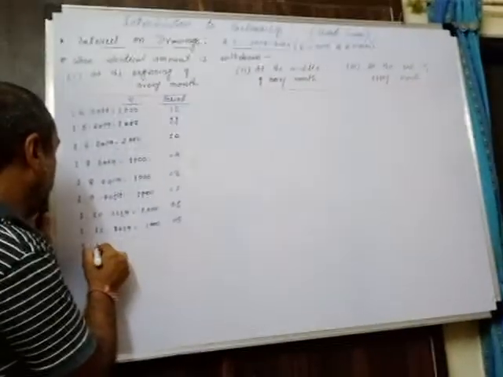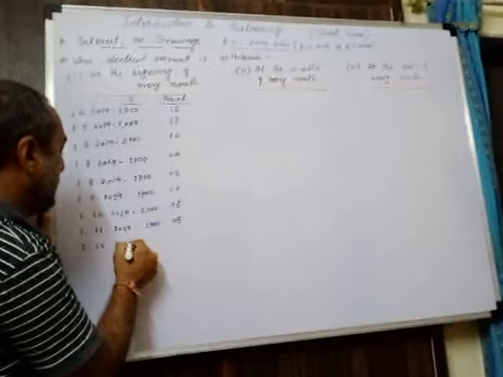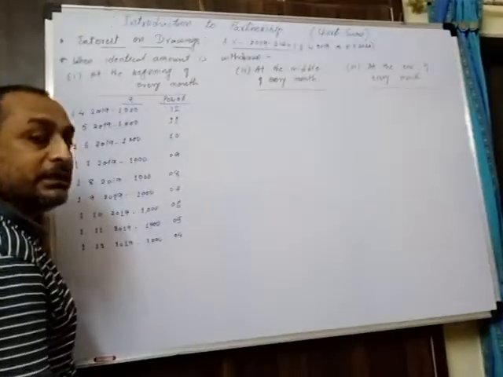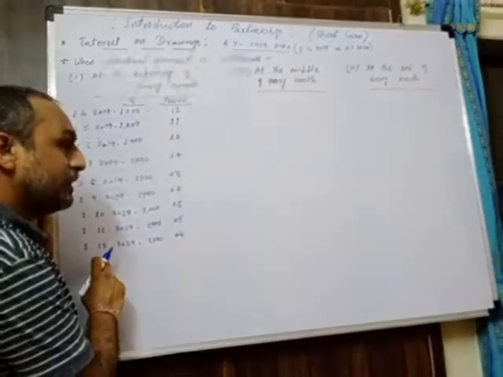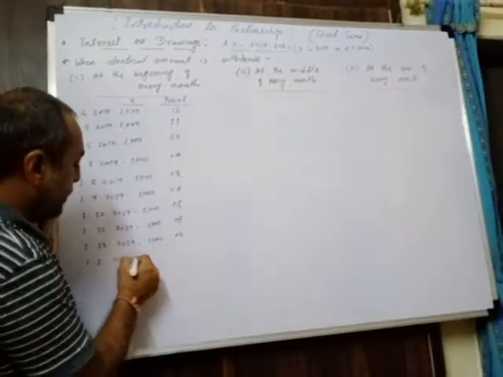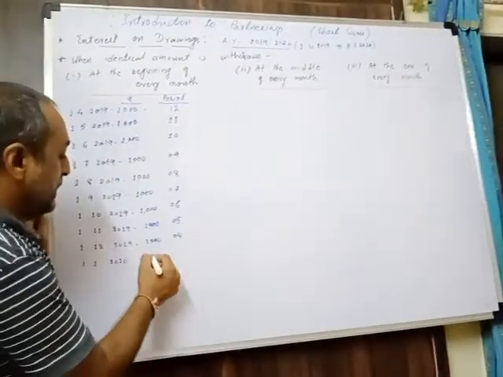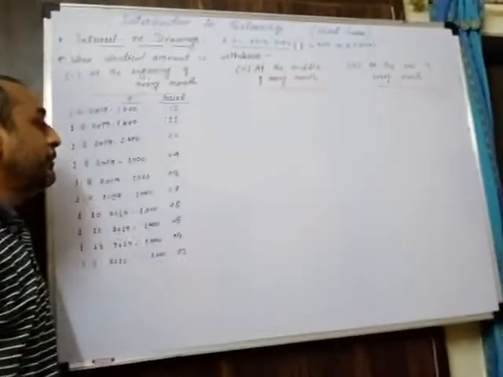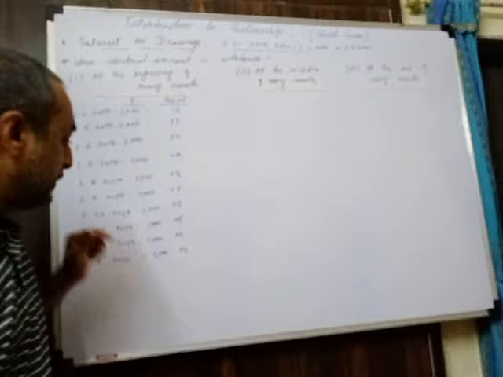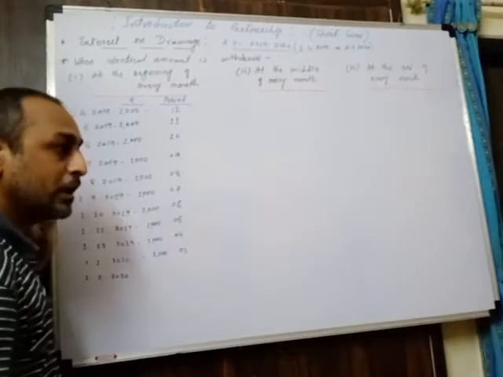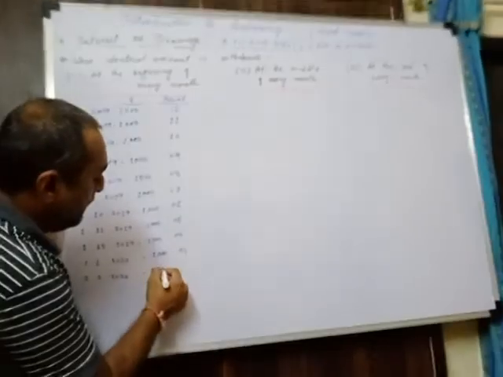Then the next drawings will be 1/12/2019, also for 1000, on which interest will be charged for a 4 months period, 1/12 to 31/3. Then next drawings made by the partner will be on 1/1/2020. On this, the interest on drawings period will be how many months? 3 months, 1st January to 31st March. Then next drawings will be on 1/2/2020, and on this interest will be charged for February and March, 2 months.